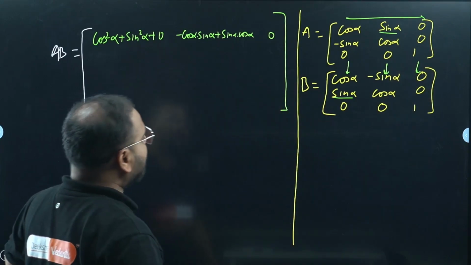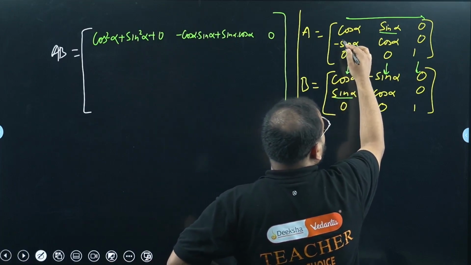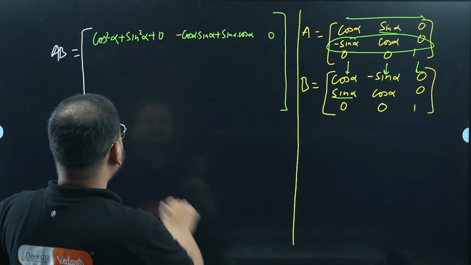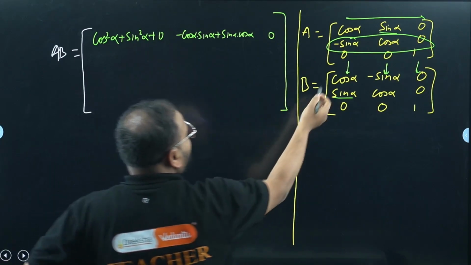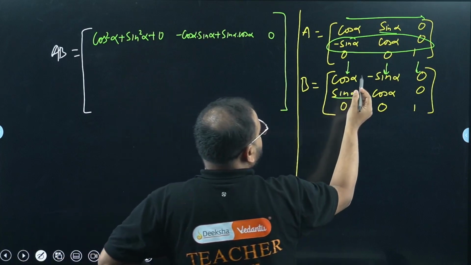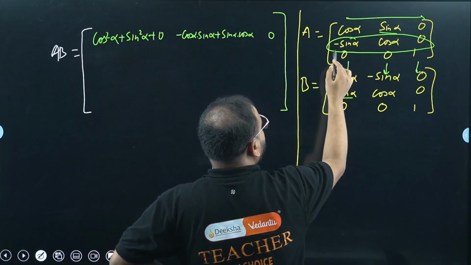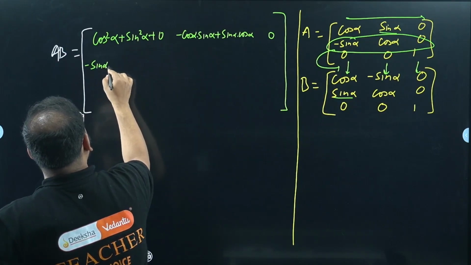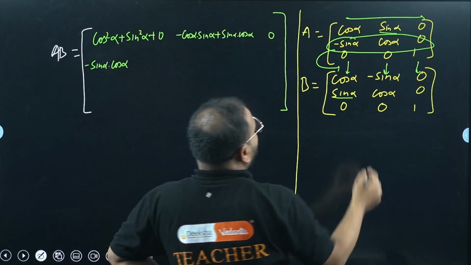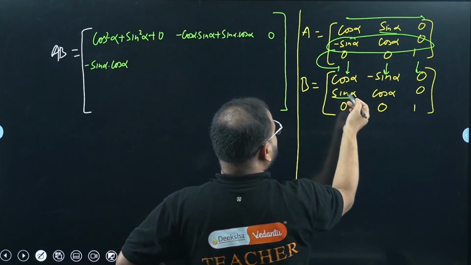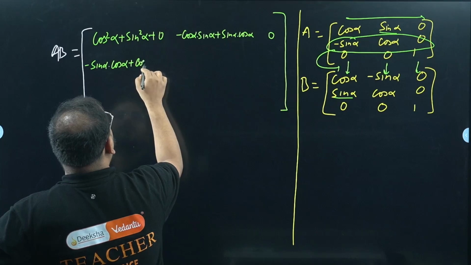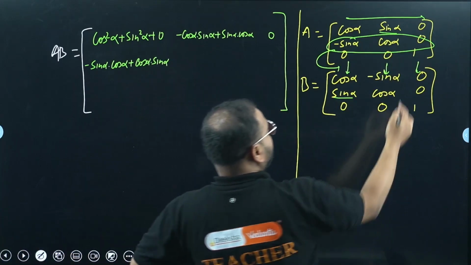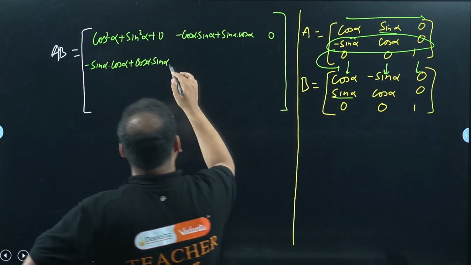Okay, great. Let's do again now. My second column with all the 3 rows to get the element of the second row of AB. So minus sin alpha with this cos alpha. First row I'm doing, no? So it will become minus sin alpha cos alpha. Now this will be cos alpha times sin alpha, so plus cos alpha sin alpha. Correct, na? Plus 0 times 0, which is 0 only, so I don't have to write that.